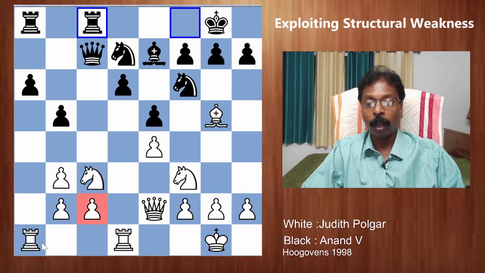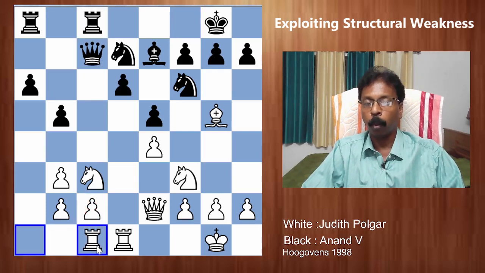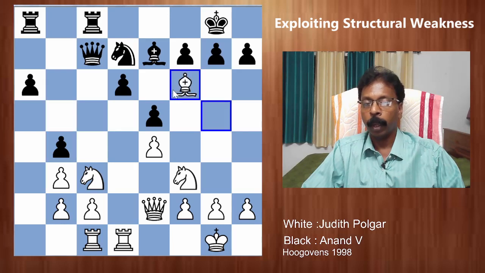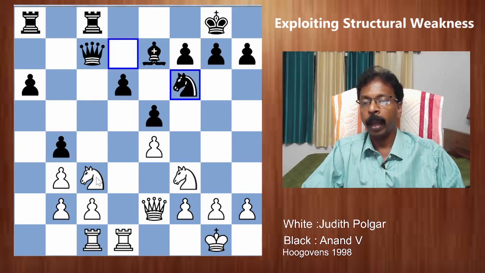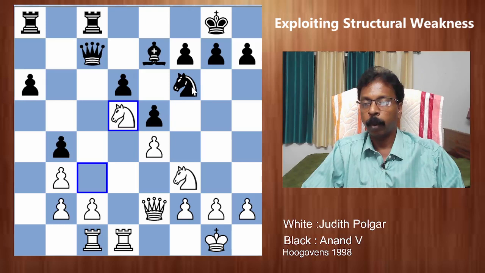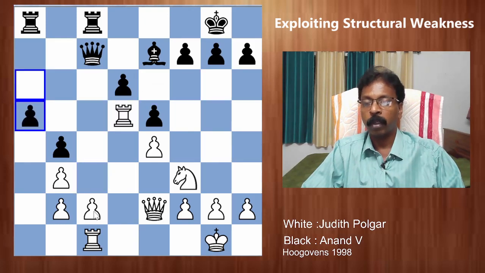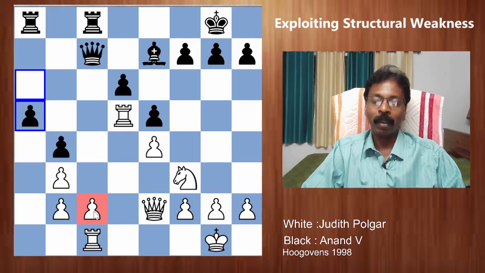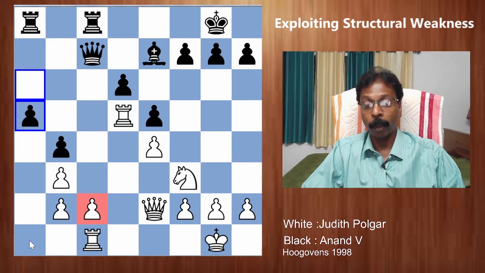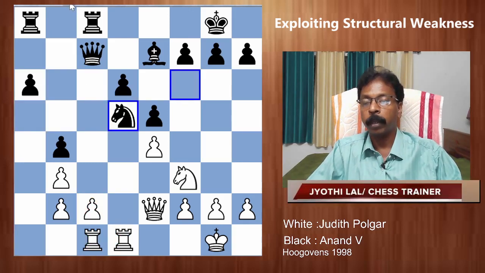So rook a7 is not possible, because rook a7 means b4, bishop into f6, knight into f6, knight d5, knight into d5, rook into d5, and a5. There you can see a permanent problem. So rook a7 is not really possible. And with the rook disappearing from the a file to the c file, there is not much pressure against the a5 pawn as well. So for this reason, Judith played